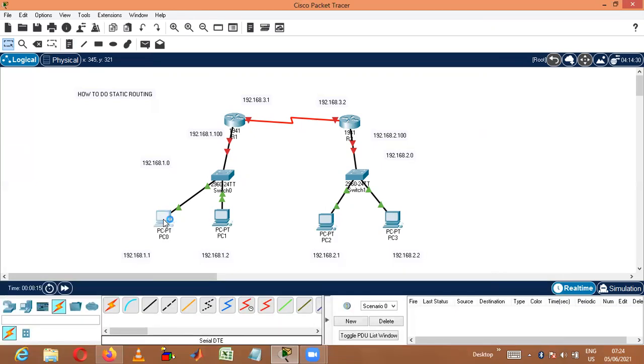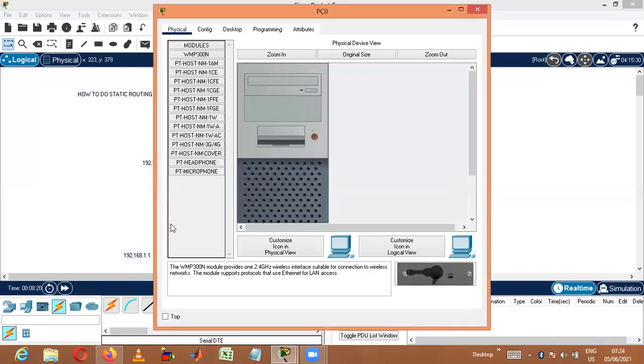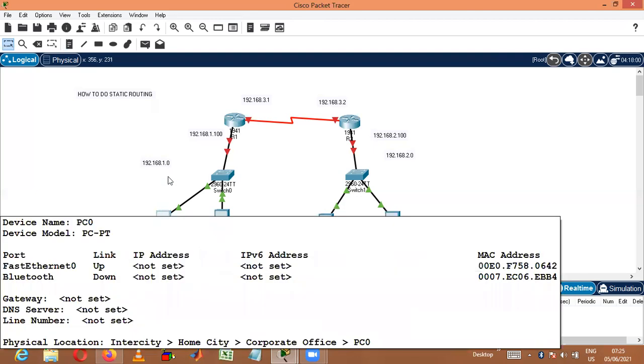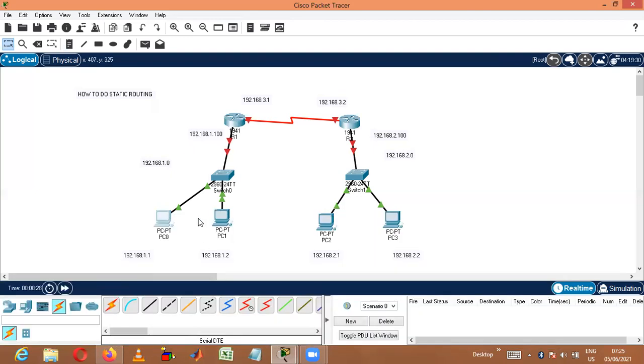Now I'll go to PC 0. My PC IP address is 192.168.1.1, the subnet mask is the default 255.255.255.0, and my default gateway for both PC 0 and PC 1 will be 192.168.1.100, correct?